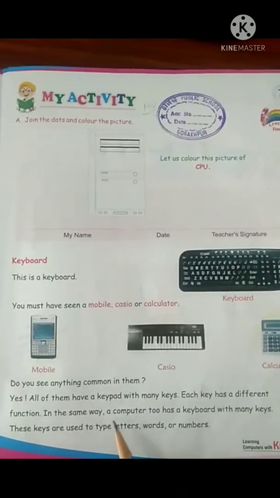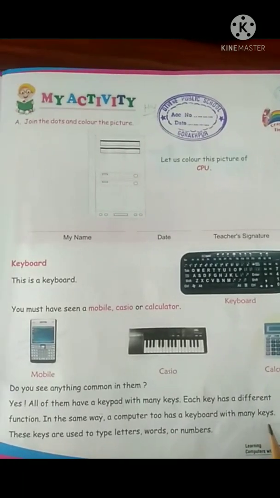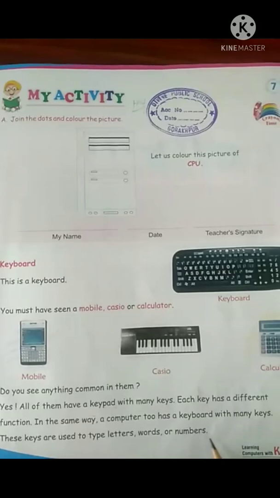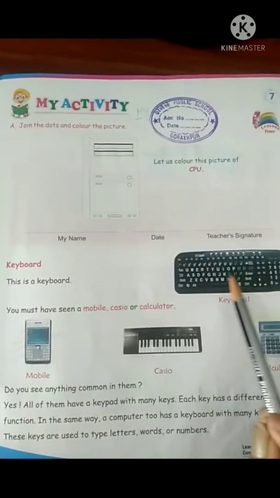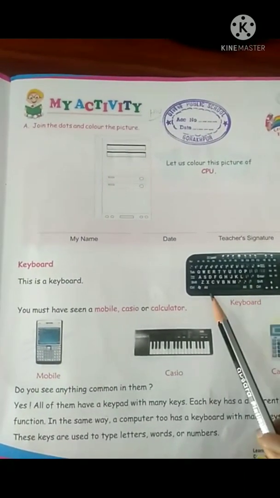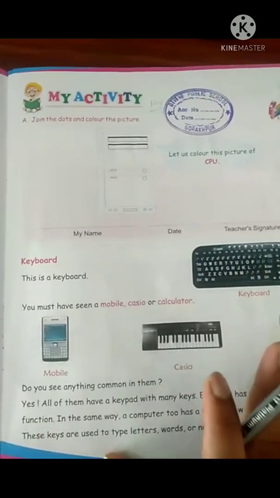In the same way, a computer too has a keyboard with many keys. These keys are used to type letters, words or numbers. Yes children, a keyboard has many buttons and it is used to type any letters, any numbers or any symbols also. Now turn your page.